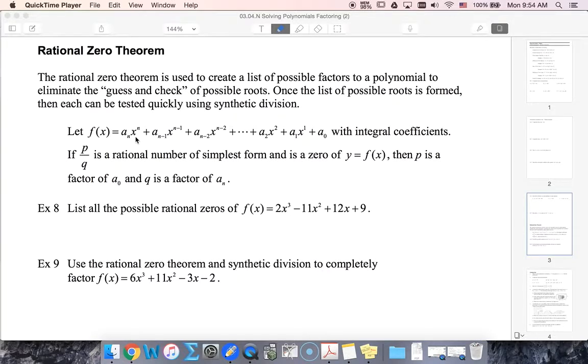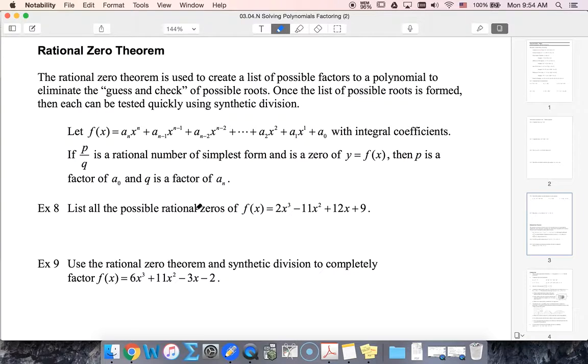All right, so now we're going to think about our rational zero theorem. What we're really thinking about here is that if I have some polynomial with a leading coefficient and a constant, then any of my roots are going to be rational numbers. Any rational roots would have to be a factor of my constant divided by a factor of my leading coefficient. So if I think about this, what that really means, like if we look at this example, is